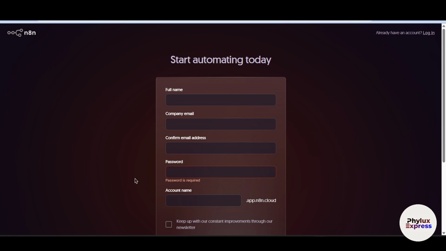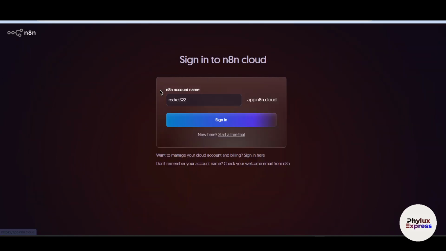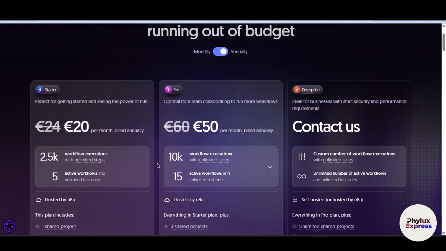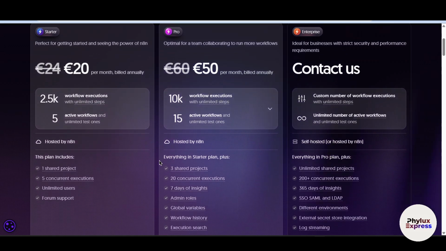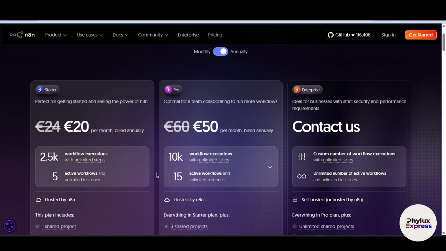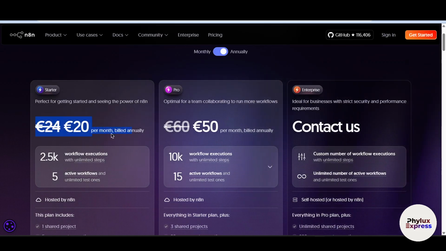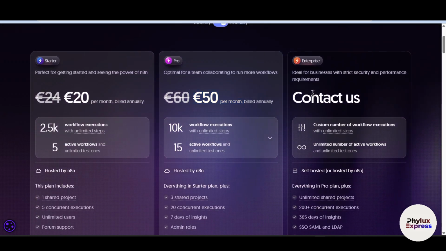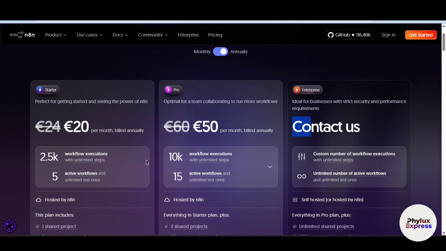So mainly there are two ways you can use this. First, you can use the cloud version. Let's say you go into n8n and go into pricing. For the first 15 days, you get a 15-day free trial to just test it, and then you have to buy a plan. Now, if you go with the $20 per month plan, you pay $20 a month, then there is the $50 per month plan. And if you are an enterprise, then you have to pay more. But if you have a good PC or laptop,